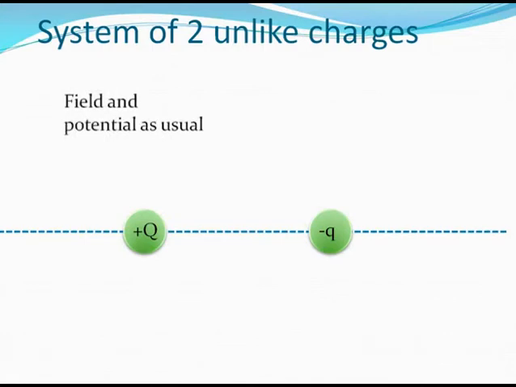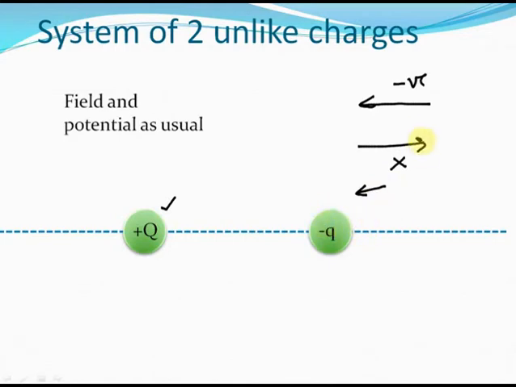Calculate the electric field due to the plus q charge, calculate the electric field due to the minus q charge, and add the fields. You can decide the direction of the electric field very easily. Use some logic. For example, at this particular point, the electric field due to the minus q charge will be in this direction, the electric field due to the plus q charge will be in this direction, and the net electric field will be in this direction, negative, because the electric field because of the minus q charge might be stronger. You see, because this area is near the minus q charge.